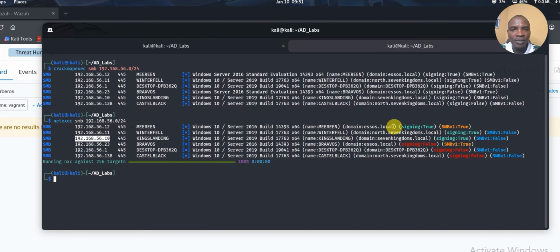For instance, in this domain, this source.local, I want to query this IP, this my potential domain controller. I want to query to find out what is the domain controller. Since they're in the same network, what is the domain controller on this domain? So I'm going to make use of this